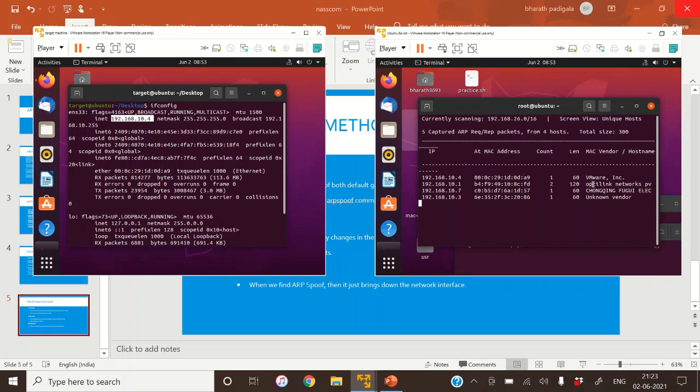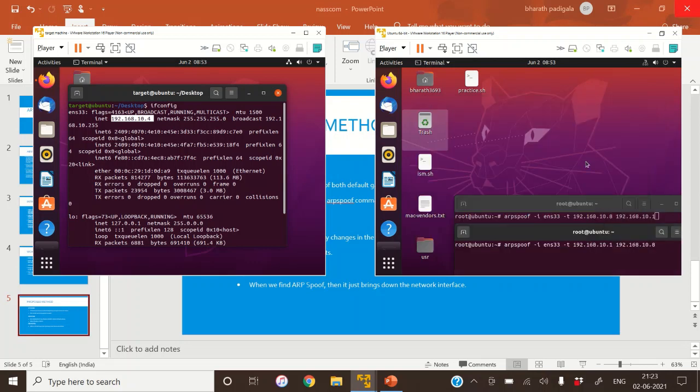OptiLink is my default gateway, my router's IP address, and here we can see the IP address of the target machine. So the attacker gets the IP address of the target machine and the IP address of the default gateway as well. He can use both of these IP addresses to manipulate the ARP table. So now we will be doing the ARP spoofing.